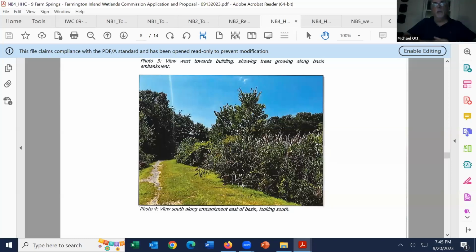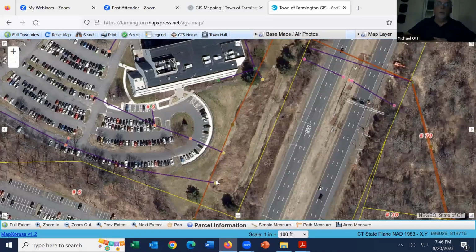So, Michael Ott for the record. The commissioner, I'm sorry, I didn't catch your name, asked about possibly creating a longer sinuous path through the bottom of the basin. Possibly, in fact, that's one of the things that Eric and I have talked about. The outlets are actually more roughly in the middle of the eastern side of the basin. The two outlet pipes are right next to each other. Actually, those are the inlets. So the outlets actually